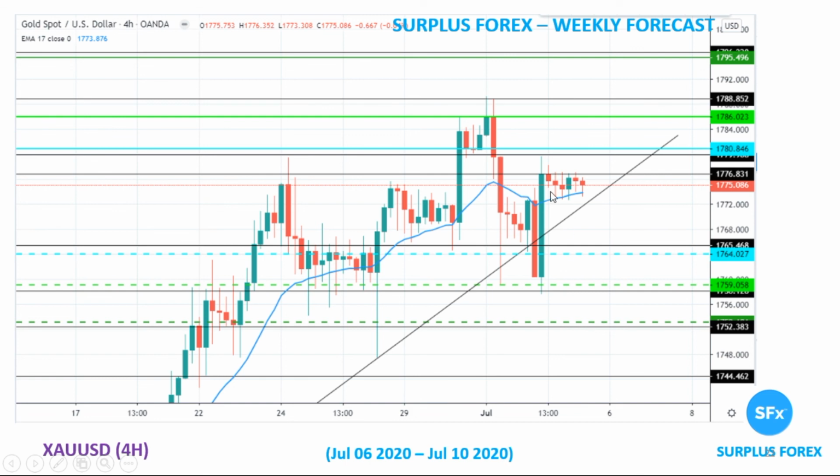So all in all, I still believe that gold will be rising, if not hovering between this. If it crosses this 1780, it'll be a good entry point for us, and based on that we can see where it goes further. But as of now, I believe that it'll go north from here.